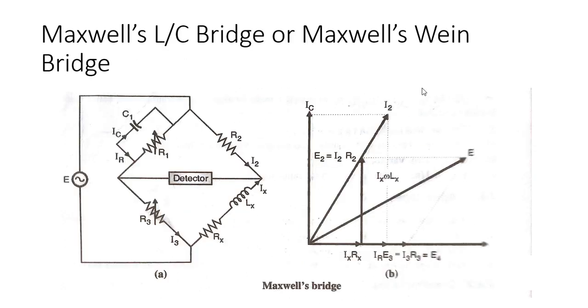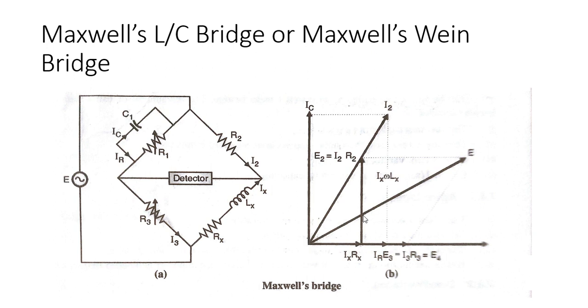But if you see here, although it is measuring unknown inductance, it is measuring this unknown inductance in terms of known capacitance over here. Okay, so that you have to keep in mind. And here the phasor diagram is shown. Due to the addition of these capacitors and inductance, and based upon their values, you will get something like this phasor diagram.